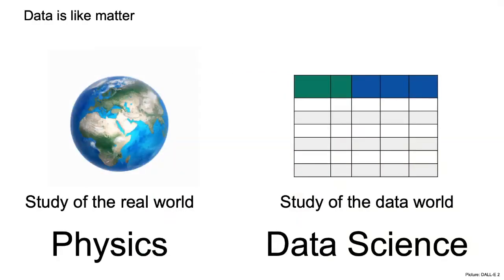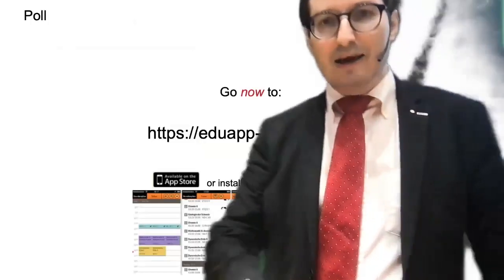And this is why I like to have this analogy between physics and data science, or to almost look at it like a chemistry problem, right? We look at data, we manipulate data just like atoms and molecules. And we will see you can actually consider that there's also atoms and molecules of data. So physics studies the real world, and data science studies the data world. In fact, I like to think about it as a matrix, which I will show you soon,